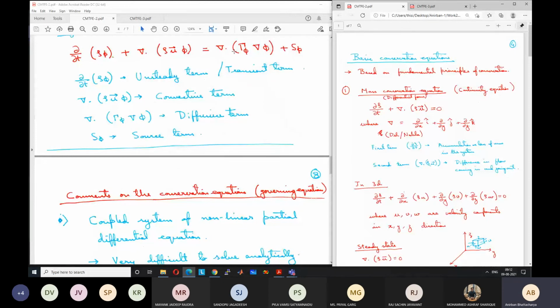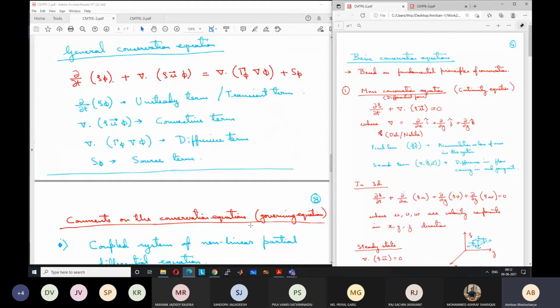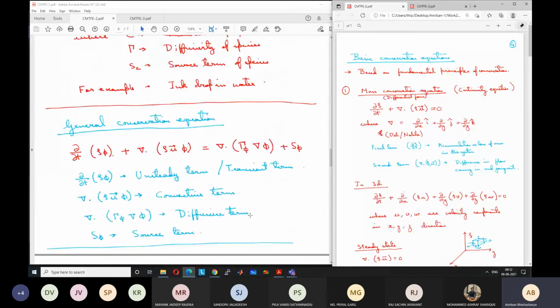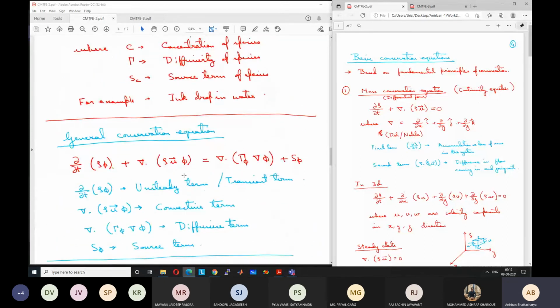Some of the equations are non-linear. It is not always non-linear, but momentum equations are non-linear because the coefficients themselves contain the velocity term. The energy equation or general conservation equation can become non-linear if any of these coefficients, say for example gamma, becomes a function of phi. In that case, you cannot directly find phi, because for solving the equation you need to know the value of gamma, but if it is a function of phi, you will not be able to know the value of gamma because phi itself is unknown.